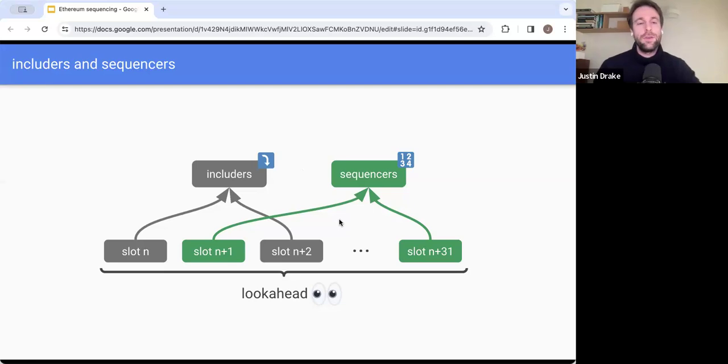Right. Okay. So first question, what about full blocks? One of the things you have to be careful of as a pre-confirmer is not to pre-confirm too much, right? Because you only have at the maximum 60 million gas. You have 30 million gas for this slot and 30 million gas for the next slot.